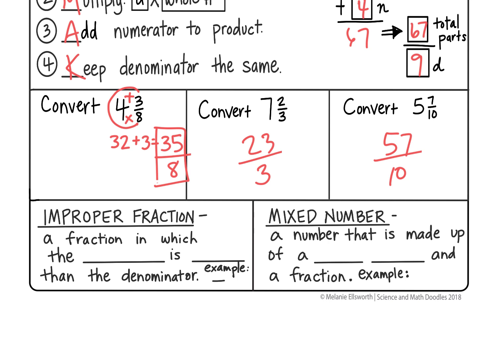Okay. All right, at the very bottom, you just have a reminder again. What do I fill these blanks in with? A fraction in which the numerator is greater than the denominator, 17/4. We're just going to stick with what we had. And a mixed number is a number that is made up of a whole number and a fraction, 3 5/8. So you have your definitions for those on both of your notes pages. Today, you just have a quick practice